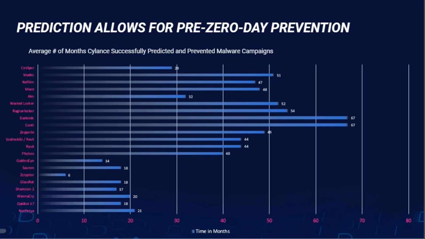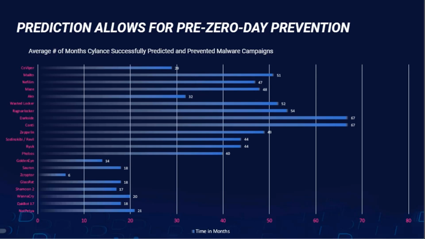It tells you that even an older model of our AI, not just the current one, but an older model that is 67 months old, could have seen CONTI and protected you against that. Similarly, for WannaCry, a 20-month-old model could have prevented WannaCry before it hit the world. So that is the power you want to have in your back pocket. You want to make sure you have the best possible prevention on your endpoints running, protecting you against all of these zero-day malware and ransomware attacks.